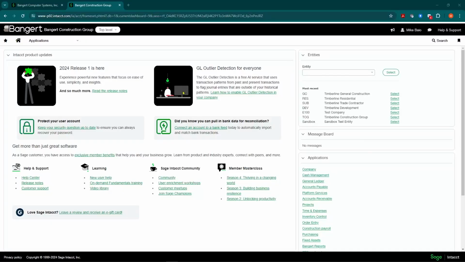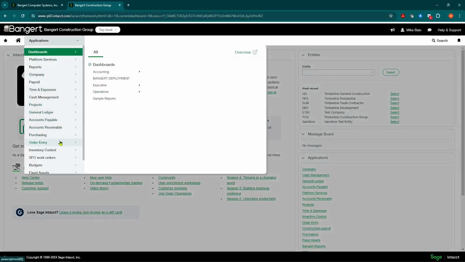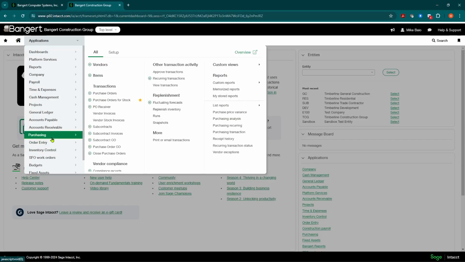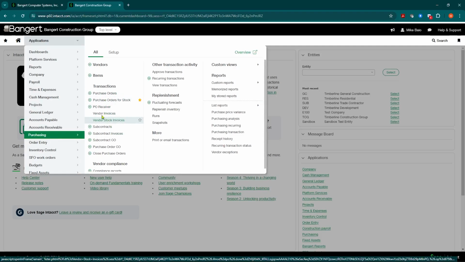In this video, we're going to discuss a few missing fields that are not on the import templates for pretty much any transaction definition template. In this case, we're going to use a purchasing template, but it would pertain to purchasing, order entry, or inventory. In purchasing, let's say you're looking to create an import file because you want to import some subcontract invoices or purchase orders or anything like that.